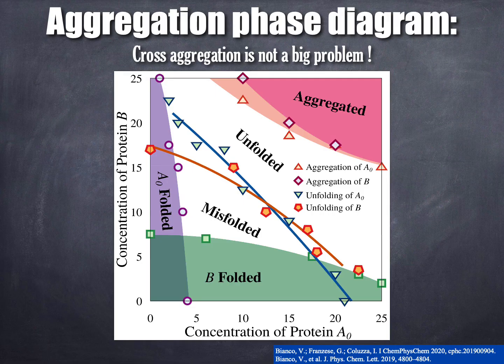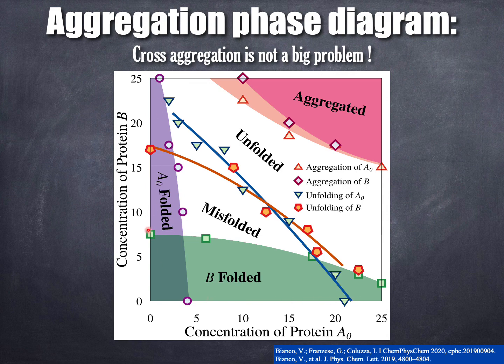So we use this protein design tool as an artificial evolution testing ground, and we designed a simple protein model and tested for cross-aggregation between different protein species that we artificially evolved, like we call it protein B, A0, and we designed about 7 different protein species that you can find in the paper. But the main result is a phase diagram like this, where we showed, in this case, a binary mixture where we have protein A in contact with protein B, and it's a phase diagram of different concentrations of protein A and protein B.